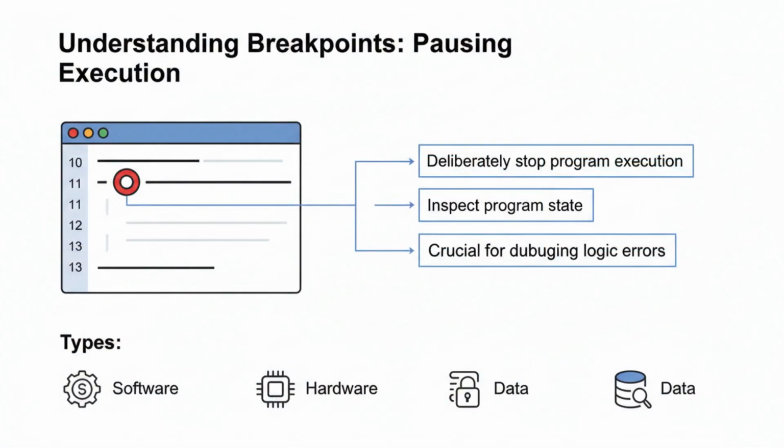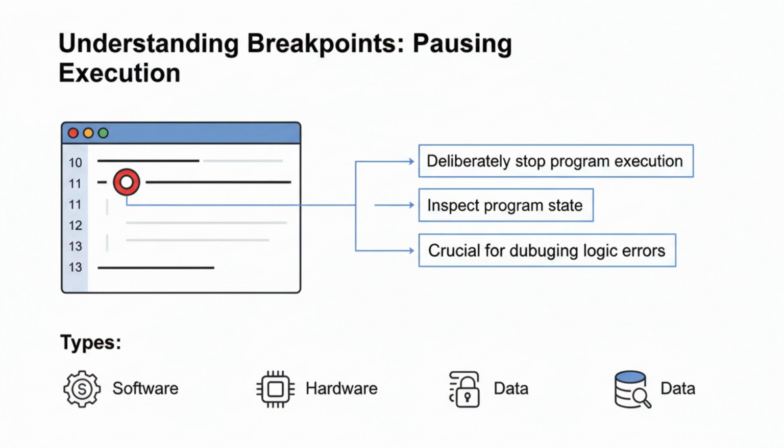Let's begin by understanding what a breakpoint truly is. At its core, a breakpoint is a designated point in a program where execution is deliberately paused. Think of it as hitting the pause button in a video game. Everything stops, allowing you to examine the game's state. In software debugging, this means you can inspect variables, register values, memory contents, and the overall state of your application